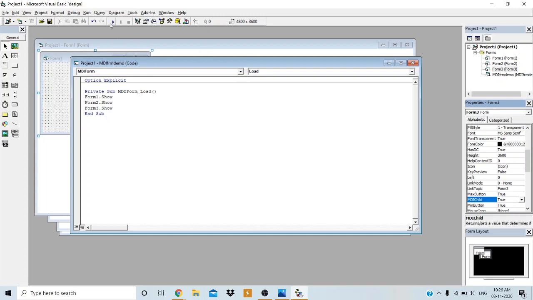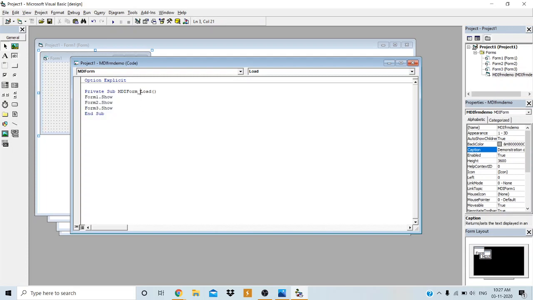Okay, now when I run the application, we have the MDI form with the name MDI FRM demo, and all the other forms, form 1, form 2 and form 3, are acting as child forms for the MDI form. The startup object I have set to the MDI form, and I have already written the code for the form load event of the MDI form.